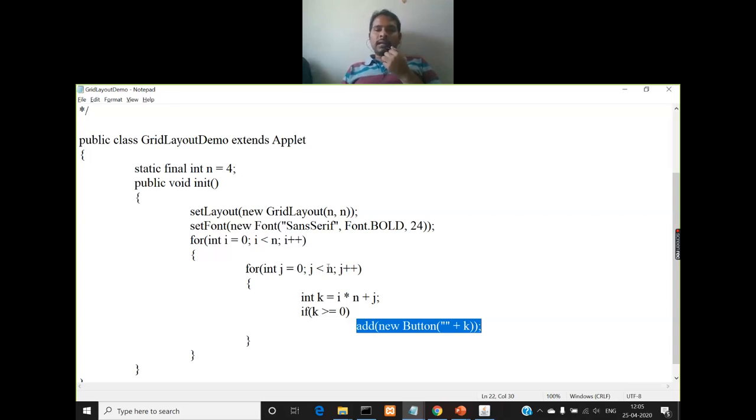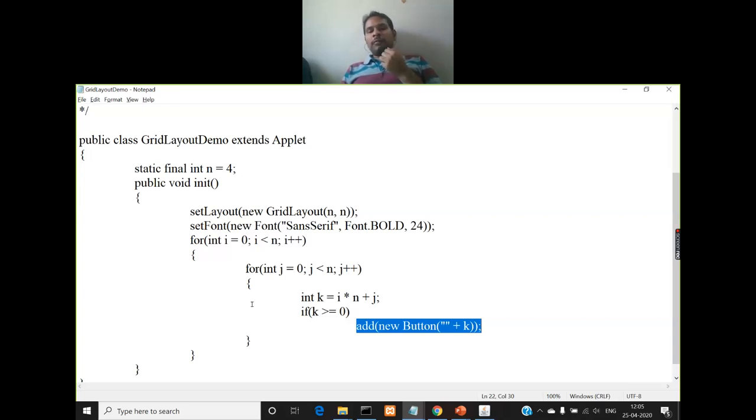The condition is satisfied, so this statement gets executed once again. So k's value will now be modified: i value remains 0, 0 into n is 0, plus j value is 1, so 0 plus 1 is 1. This condition is also satisfied, and this will add another button with its label as 1. In the next iterations, 2 and then 3 will be created.